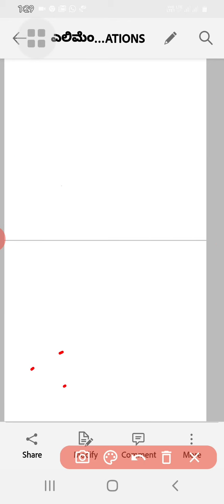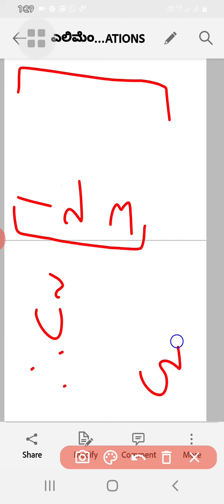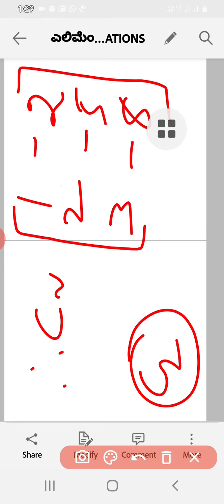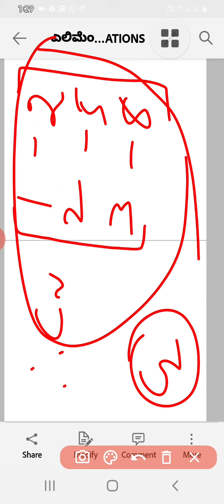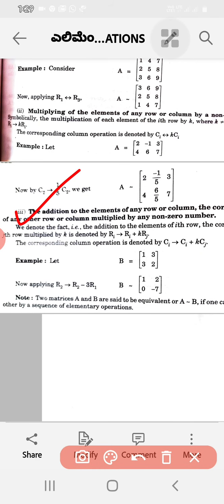Therefore the new transformed matrix is, I don't have to change the first column, I have to write it as it is. See here, now I am going to write the second column because I have operated on the second column. So here C2 has been changed to minus 2, minus 5, minus 8. Okay, this is about the third property. We can apply it on rows also. Here we have applied it on the second column. So that is what our third point says. This is all about the third point.